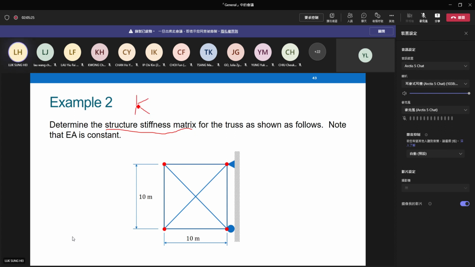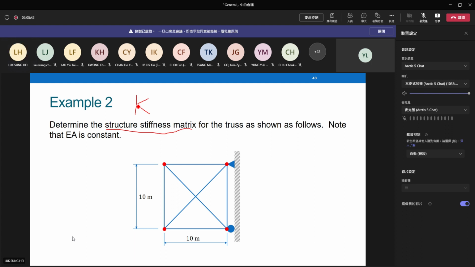How to find out the structure matrix for this complex truss. Actually, it's not that complex, but it's quite a lot of elements, 3 times more than the previous example. But the beauty of this method is that you can always apply the same procedures, no matter how it looks